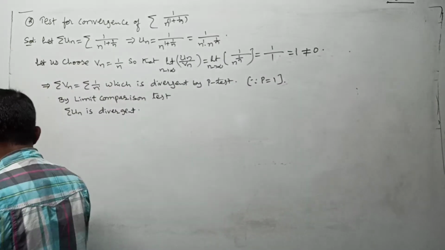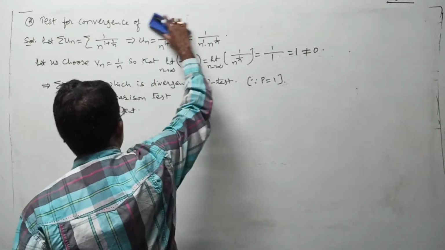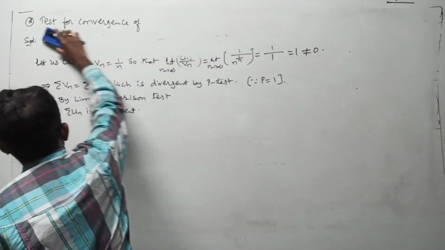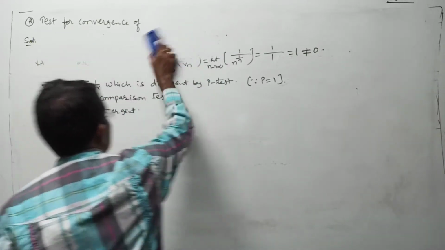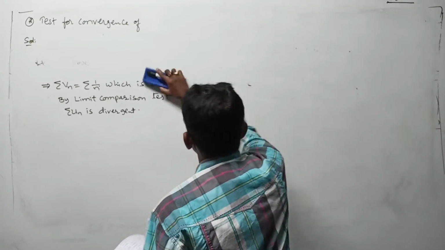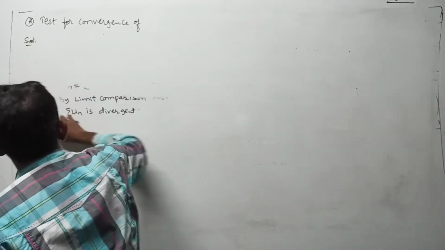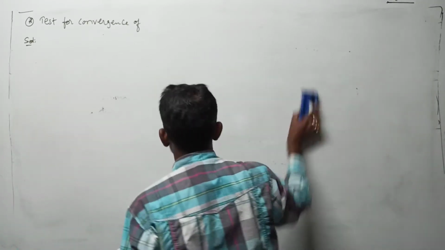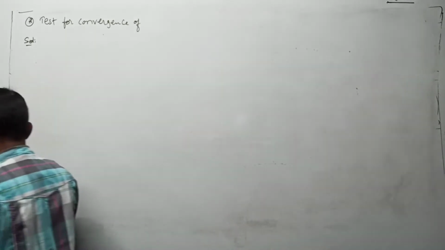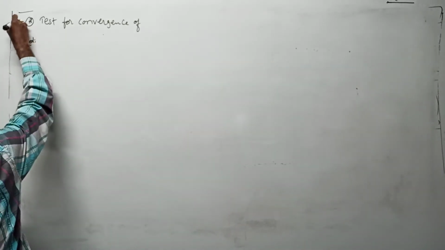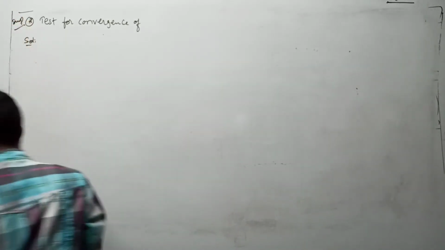Yes, now take one important problem. From here onwards all questions are very important in this limit comparison test. Whatever we did up to here were just basic questions. Now we are going to do important questions. From here onwards, if I don't take it as important, then also you have to make every question important.